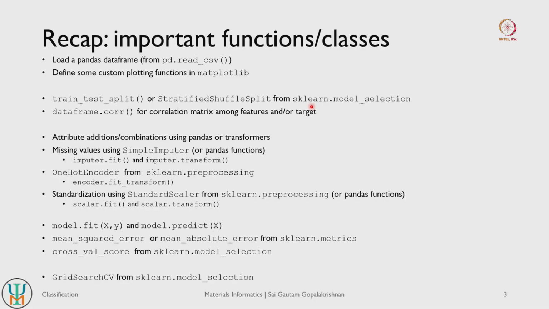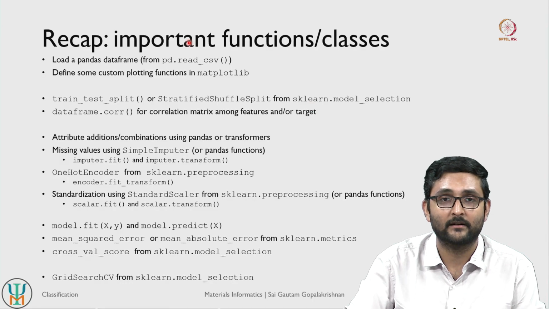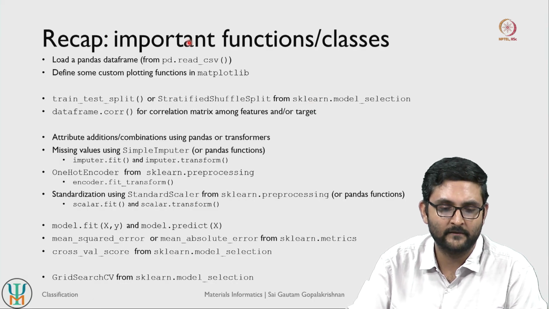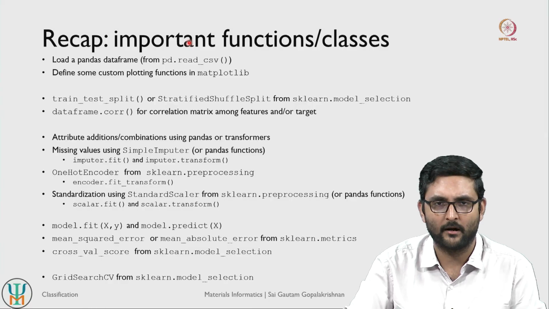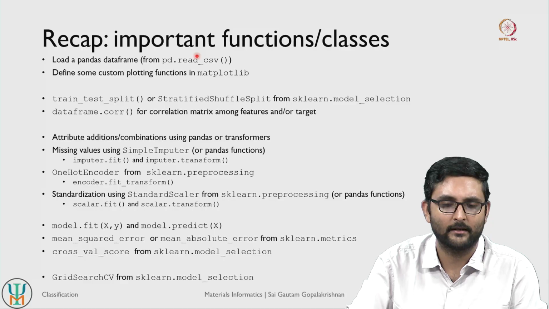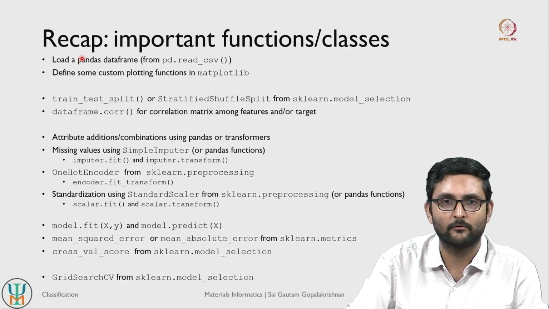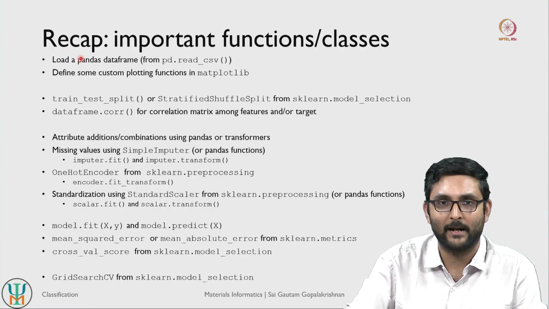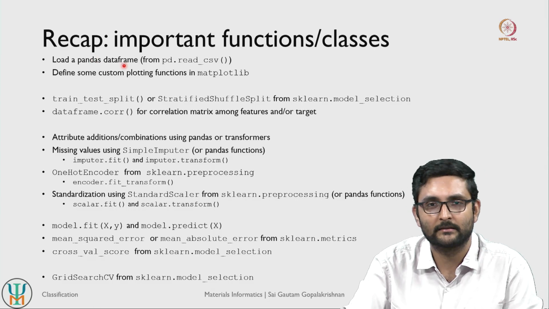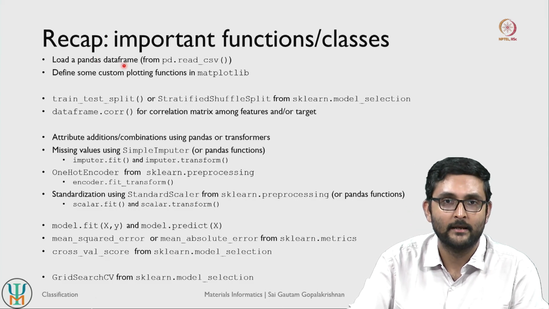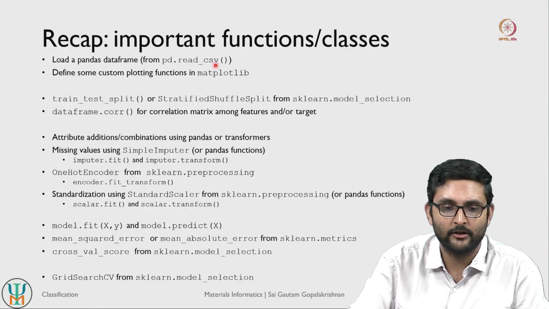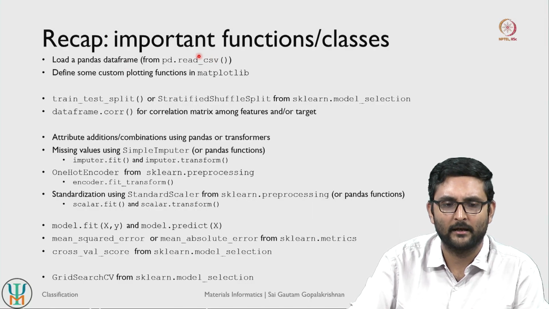Okay. Just to recap some of the important functions or classes that we used in our regression exercise. We will use some of these but not all of these, but this is a good list to have and use as a reference. So, the first relates to how you get data and then visualize the data. We typically want to deal with pandas data frames. These are really nice data objects to handle especially large amounts of diverse data. And you can read typical CSV files, right.